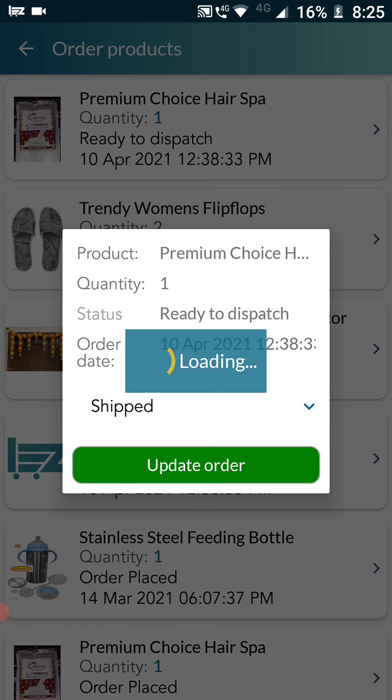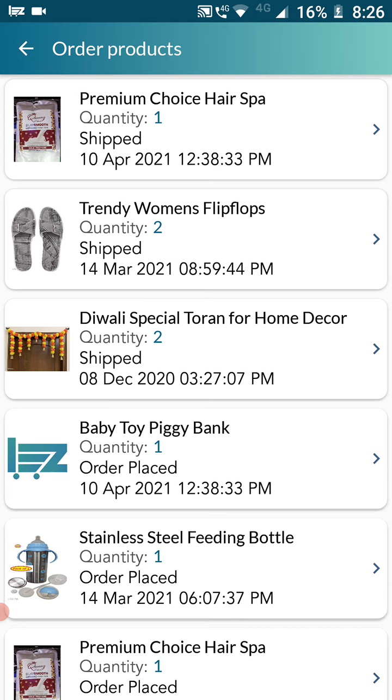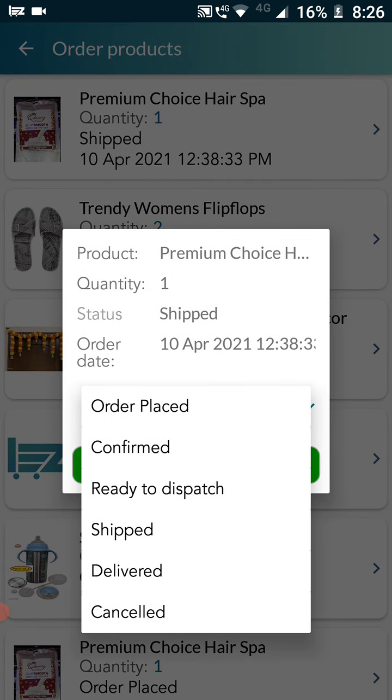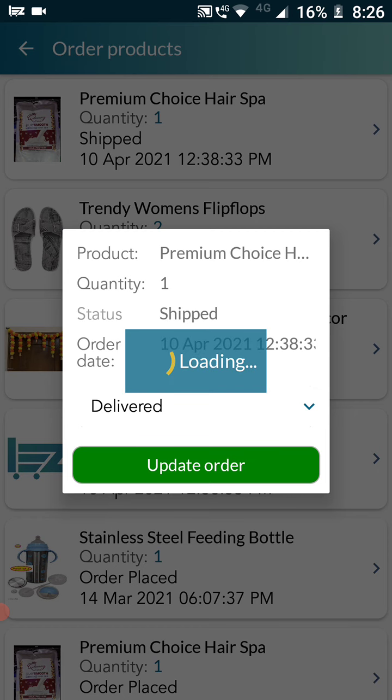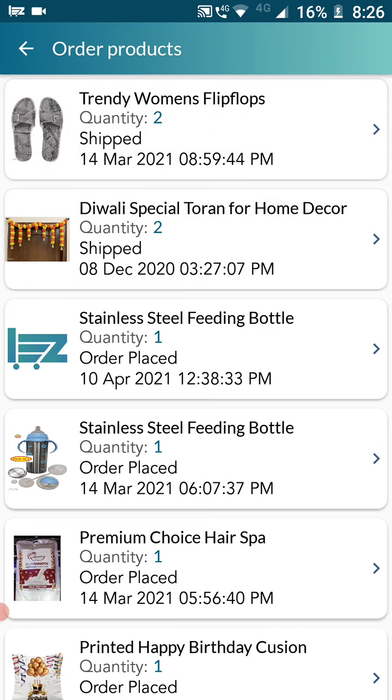It means it is shipping right now. And if you are delivering the product yourself, then you have to change the status to shipped. Right now, we'll take it that our delivery service is shipping the order. Once they ship the order, and once they deliver the order, they'll change the status to delivered. And you will also get notified by email and notifications. That's it, as simple as that.